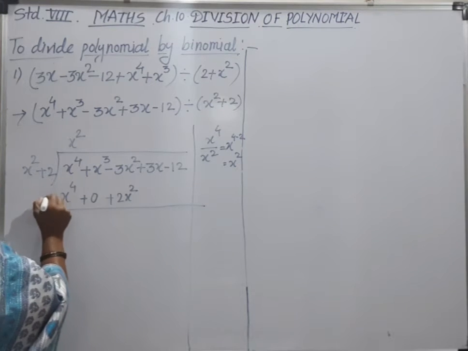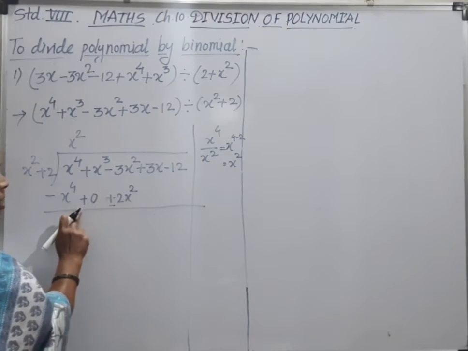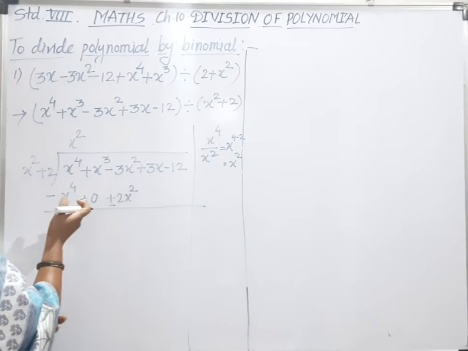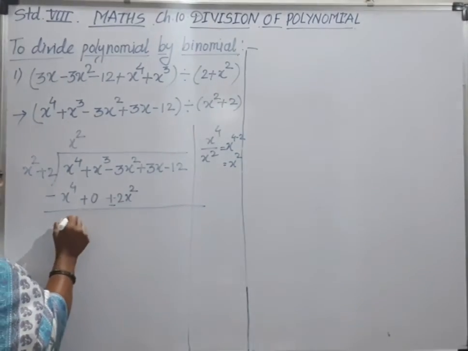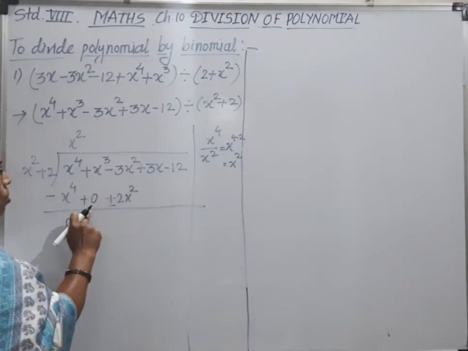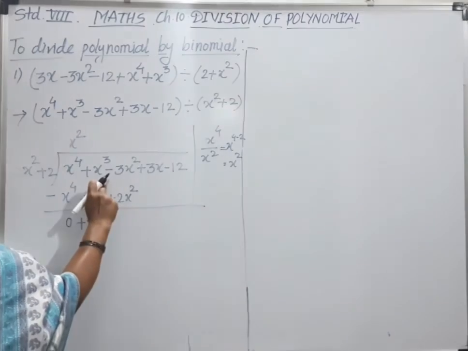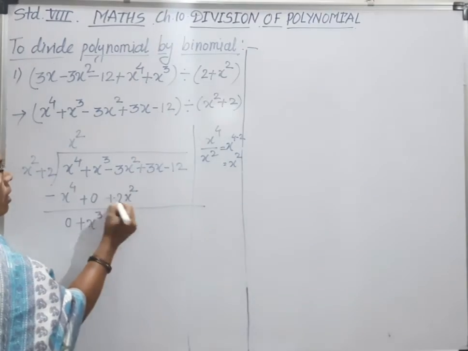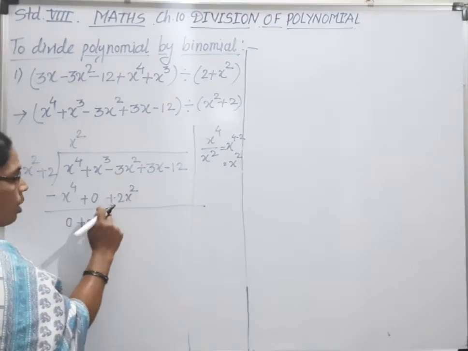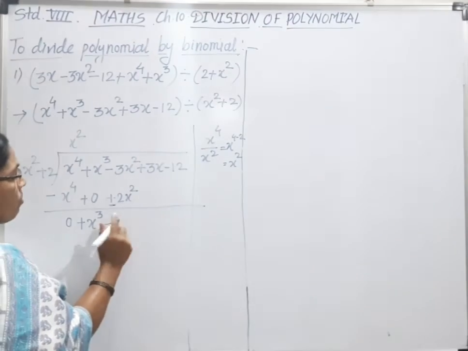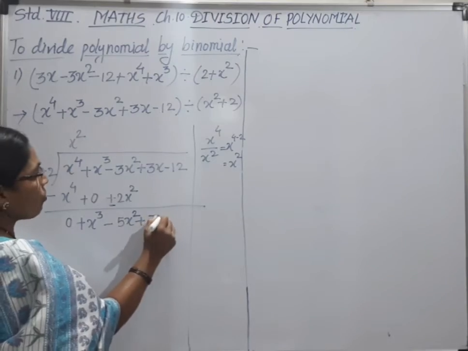Now here in division, subtraction, minus, and here also this sign will change, minus. Here if you are changing sign, there is no use of that, because 0 is having plus or minus sign, there is no change. So this x raised to 4 minus x raised to 4, 0, plus x cube and here plus 0, that is plus x cube only. And here minus 3x square and here it is minus, it will become minus and minus, both are negative numbers. So we can add and give the common sign, which is minus 5x square. So this next term we can take down 3x.